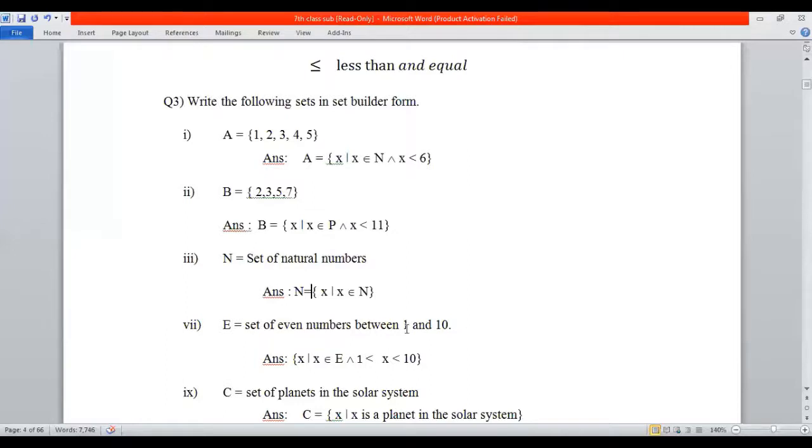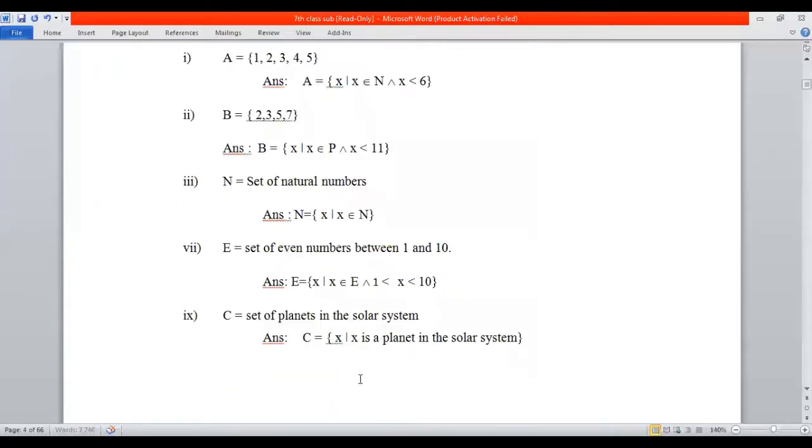So how can you write it in the set builder notation? The same name which is given in the question, E, then curly bracket start x such that x belongs to E and x is greater than 1 and less than 10. It shows that this is the set of even numbers, and which elements will be included: those greater than 1 and less than 10. So automatically those even numbers which are greater than 1 and less than 10 will be shown by this representation. Now come to the next part.